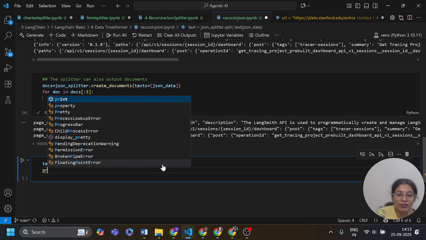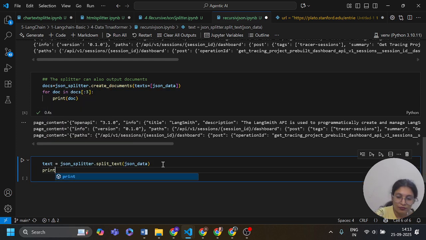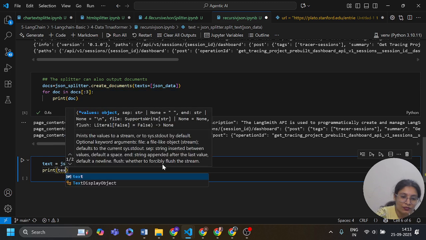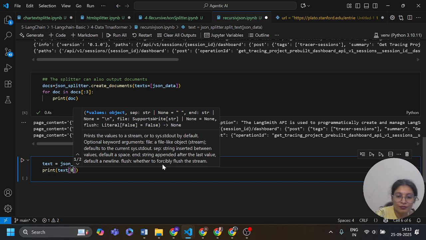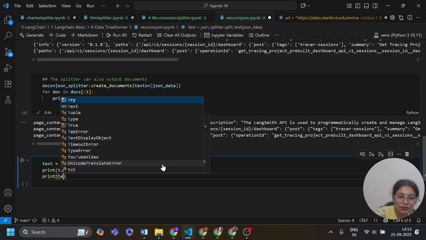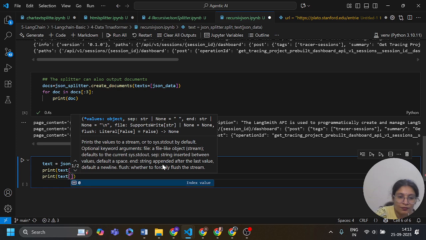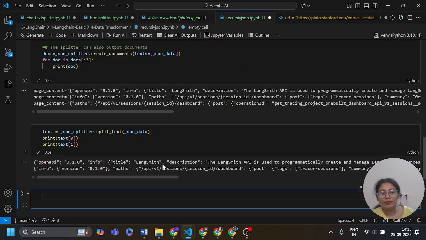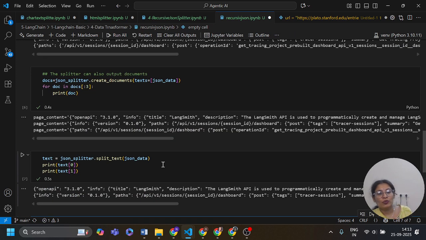Now I am going to print text 0 and print text 1. Okay guys, so this is our output.